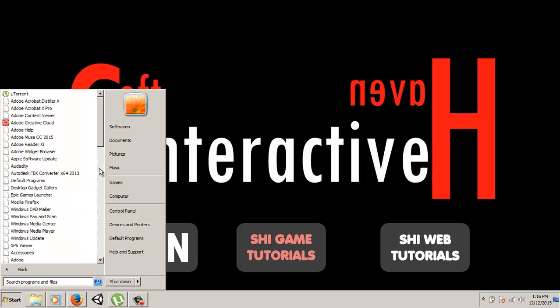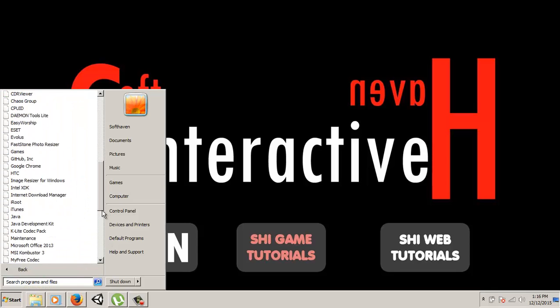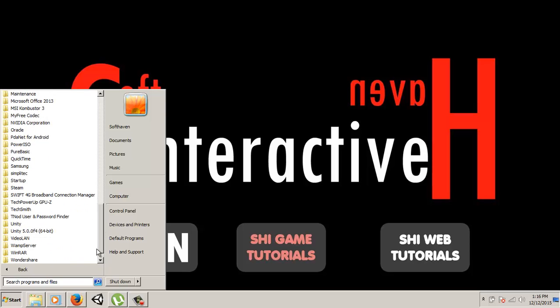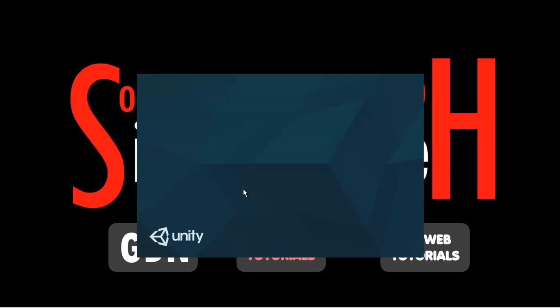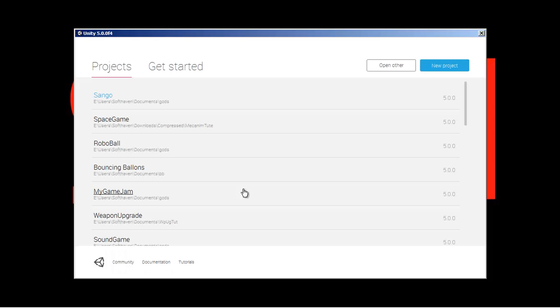Don't mind my system's kind of slow because of the capturing software. So you hit Unity. I have the older version, which is 4, but I'm using the new version for most of my work. So you hit the Unity there, and then Unity starts up with its now so beautiful interface,